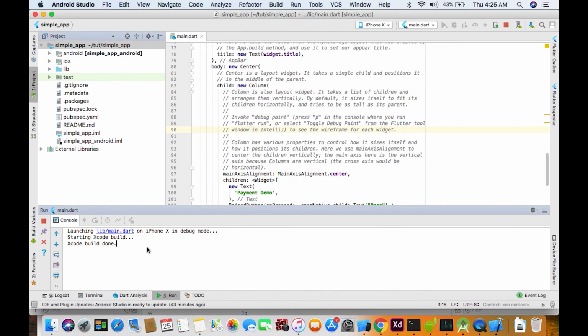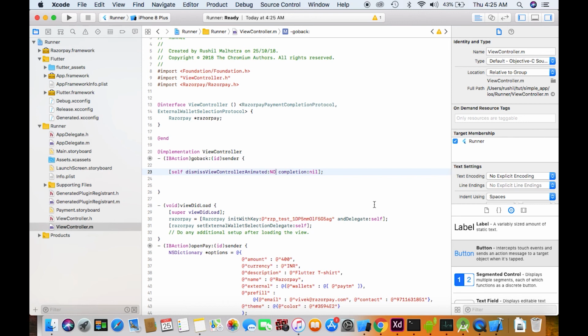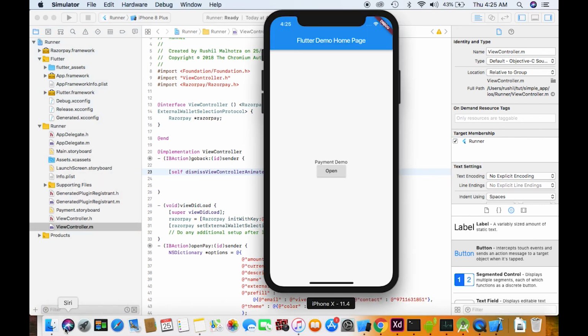Okay, the project is up from Android Studio. Open recipe is live now. The crucial part. Let's see if clicking on this opens something.